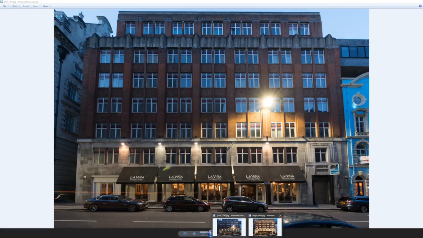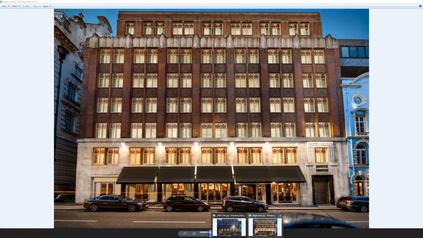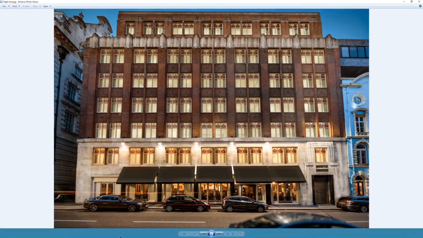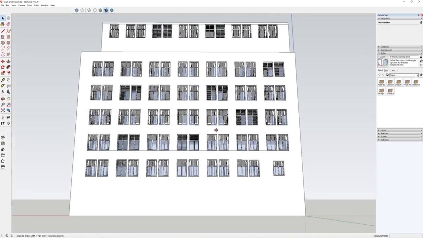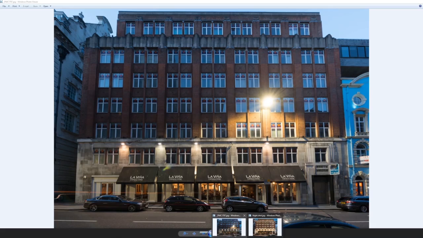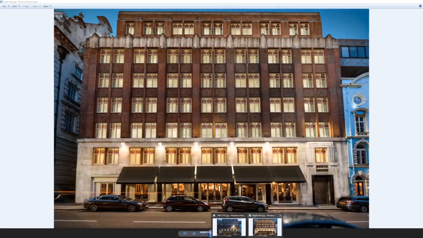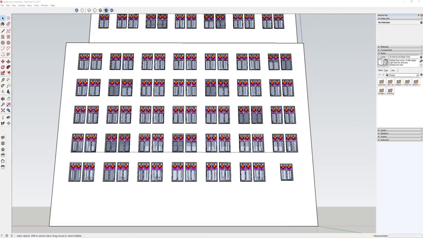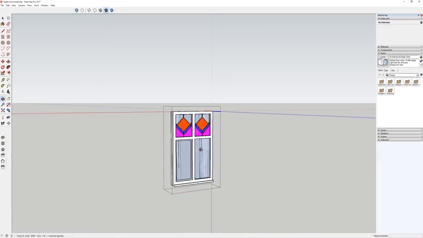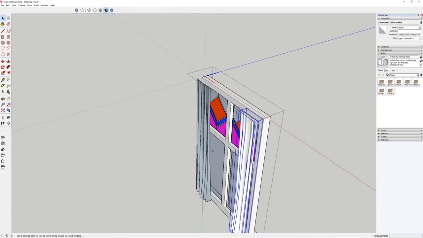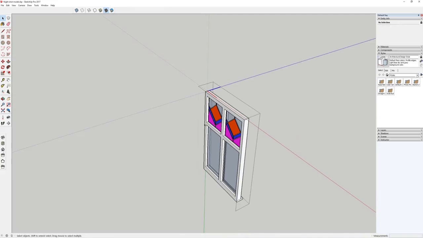So if you just see the before and after, we were quite proud of that result, but as I say, they just want to go for a sharper look. So I suppose the point I'm trying to arrive at here is we did produce a very basic model for which we could then replace the windows. You can just see that all the windows were modelled there, so I have got access to a model I made earlier. For now, just to speed the process up, I'm just going to